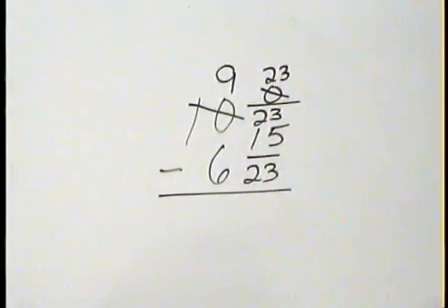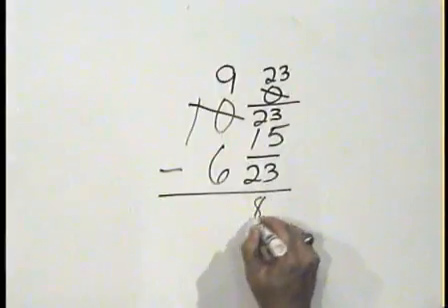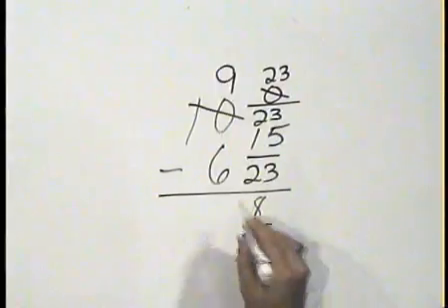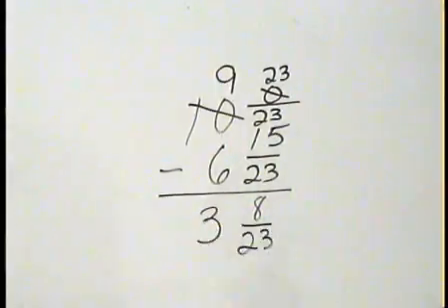Is 9 and 23/23 the same as 10? And the answer is, of course it is, which means we now have an equivalent number and we can subtract. 23 minus 15 is 8, 8/23. 9 minus 6 is 3. Can we reduce